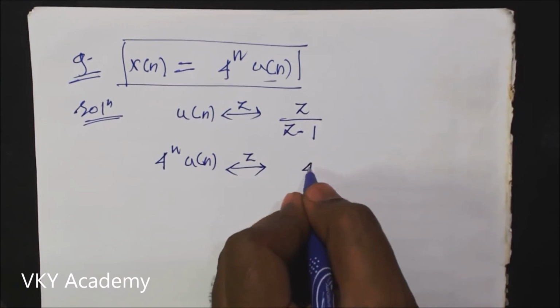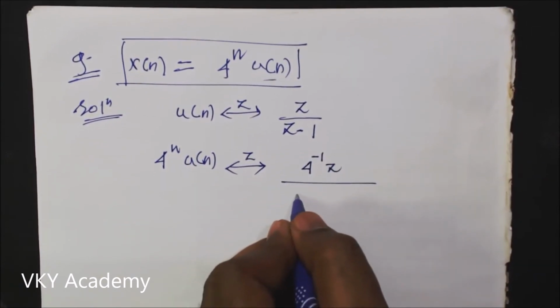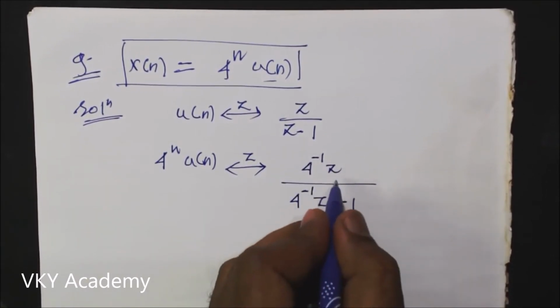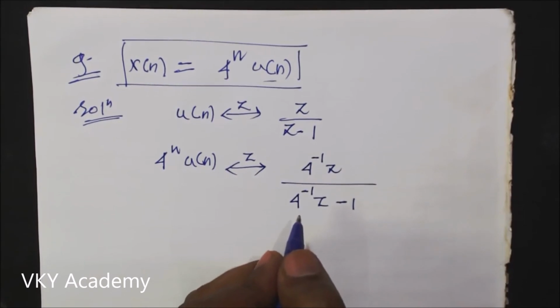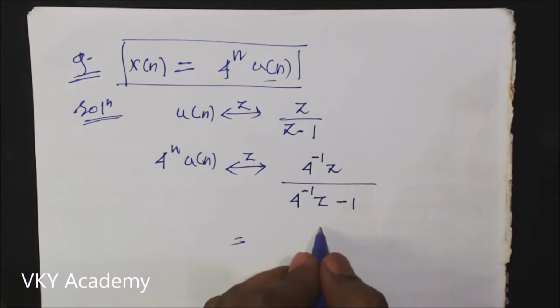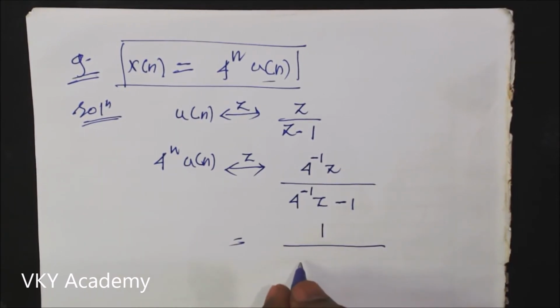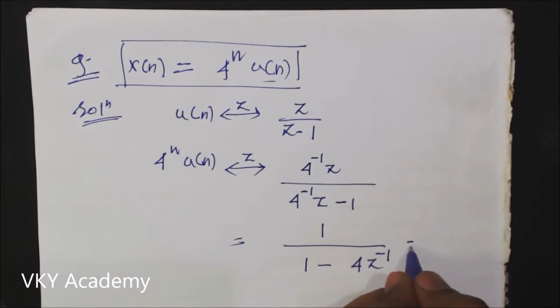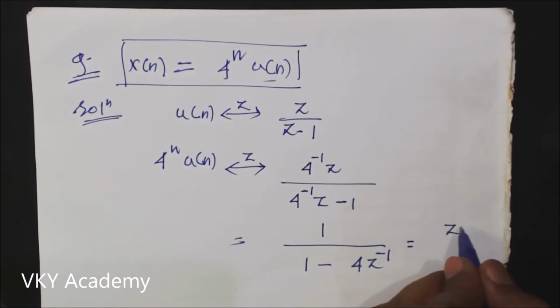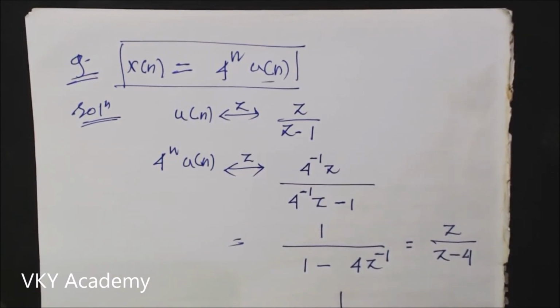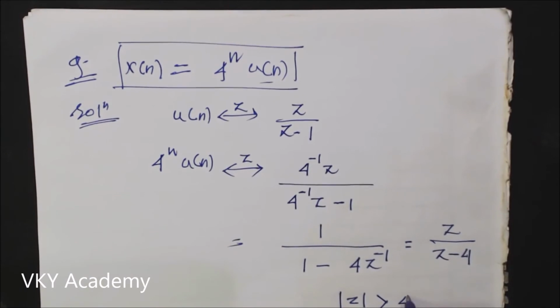So this will be 4 inverse z upon 4 inverse z minus 1. Divide 4 inverse z in numerator and denominator, and it will be 1 upon 1 minus 4 z inverse, which can further be simplified as z upon z minus 4, and mod z greater than 4